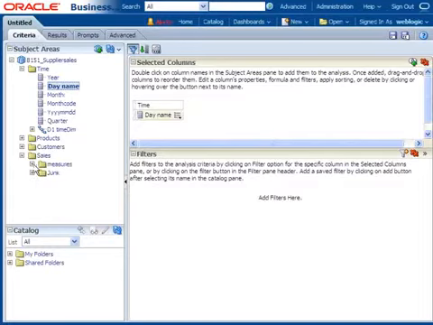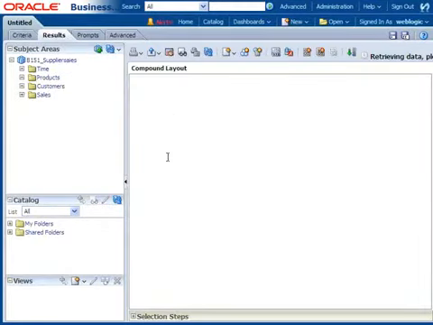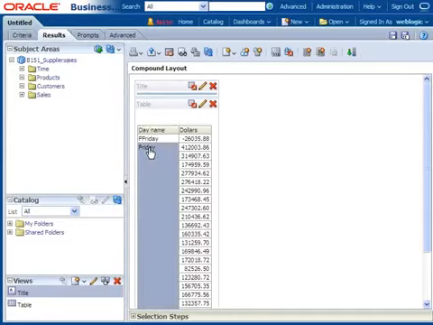Then I am taking a column called dollars. I'm clicking on results. Then I'm trying to click on one day name, but it's saying, no, you cannot click because it's the lowest level. But I want to click on that one. I want to move to month level. How can I do that?